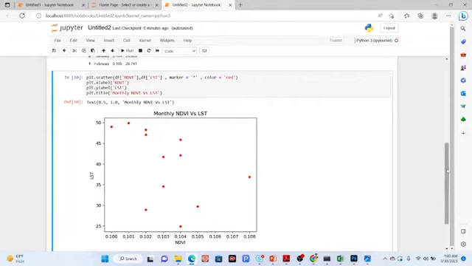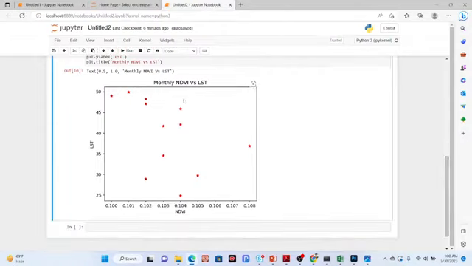So this is the scatter. I can create the chart to look like this. In this time I want to predict the LST based on NDVI. So you can see, if I put this equation like this, suppose I simply put this equation, you can see y equal to